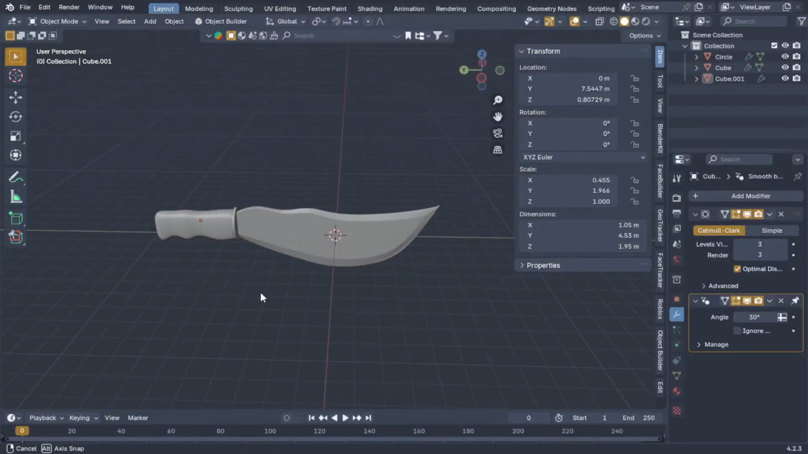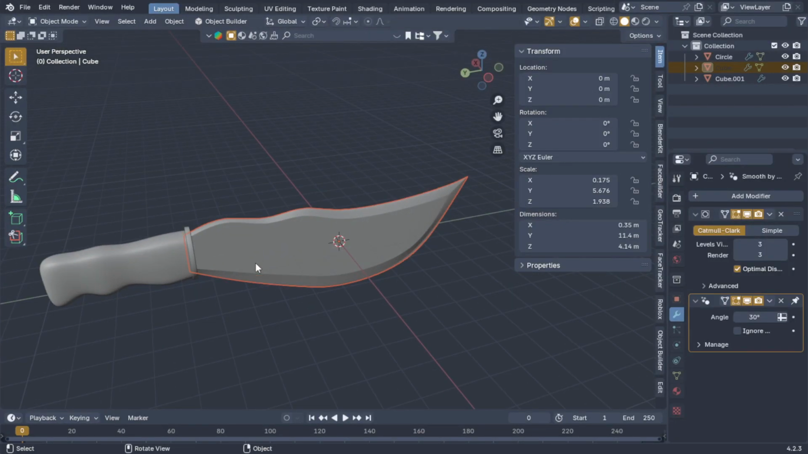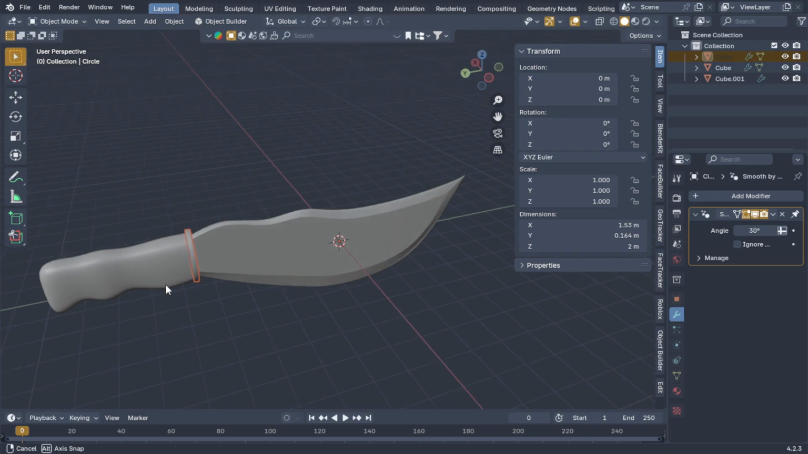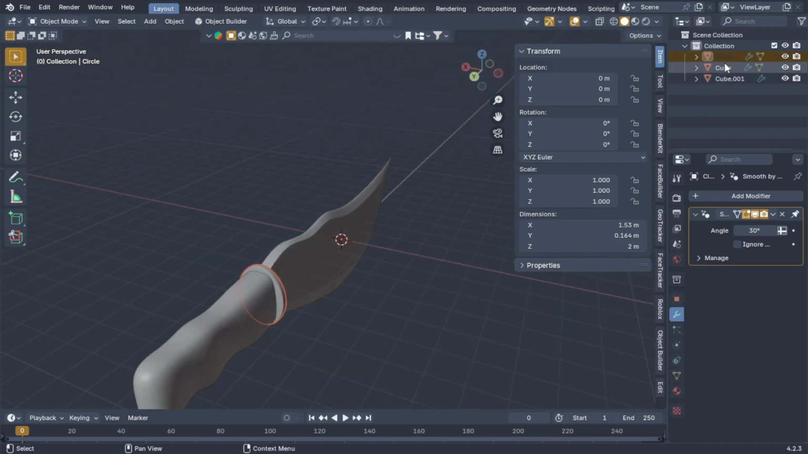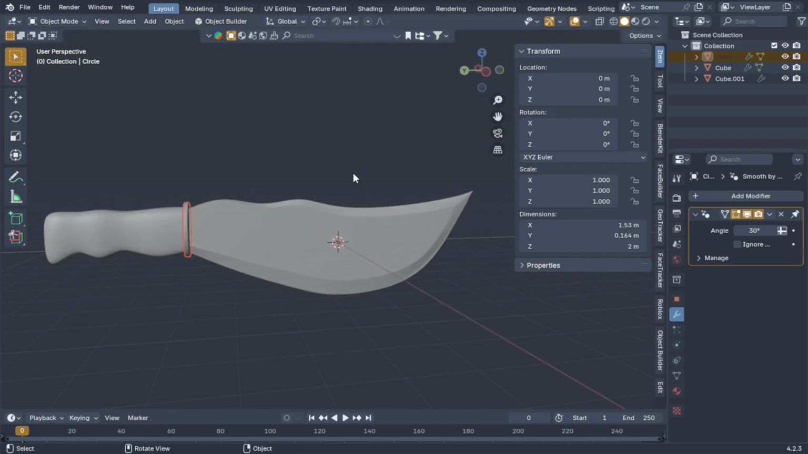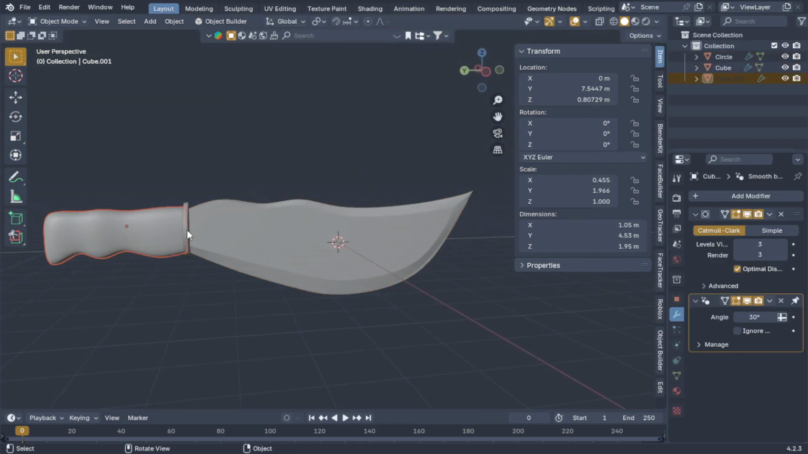Okay, so we have a basic shape. This is one, we have a blade. Second, we have a holder, handle, or handle holder, right? We can rename it by double clicking on it, right? You can name it however you would like to, but I'm not gonna do it because I know I'm using